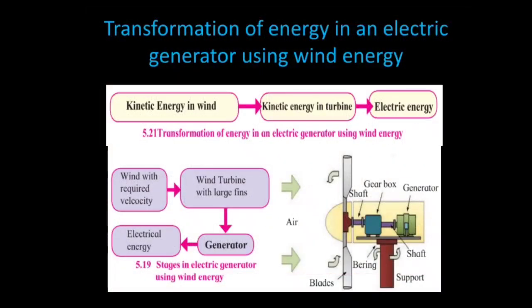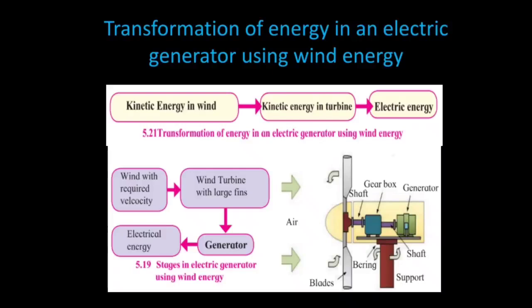Electricity generation using wind energy. The kinetic energy in wind has been used since long for lifting of water, for driving of the flour mill, etc. The wind energy can also be used for electricity generation. The machine which converts the kinetic energy of wind to electrical energy is called the wind turbine.